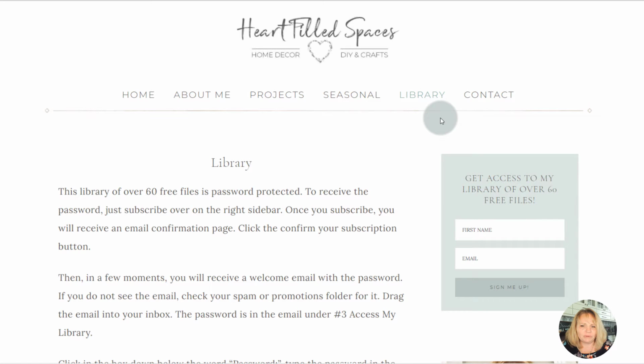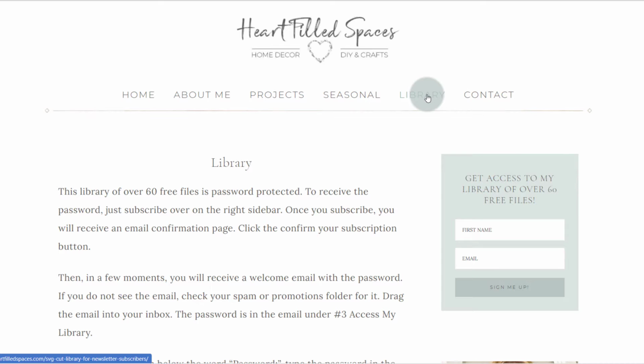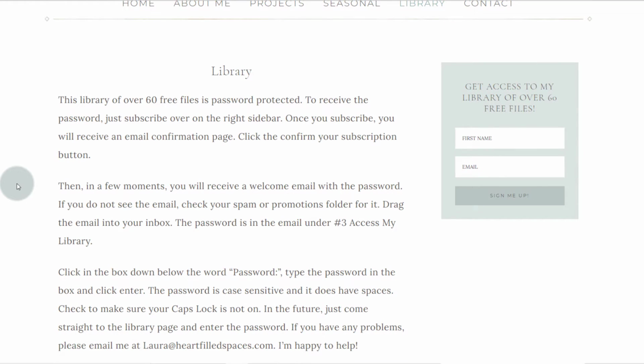I wanted to make a quick video tutorial for you on how to download the files from my free resource library. When you are on the website and you look at this top menu bar, you would click on Library, and then you will come to this page where it's going to give you some instructions on how to download